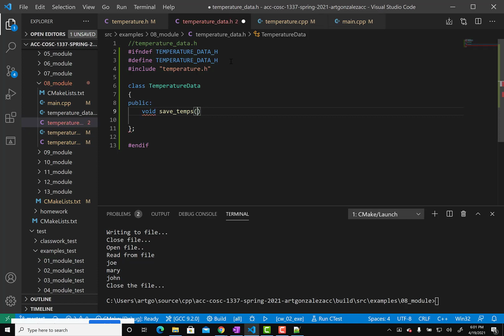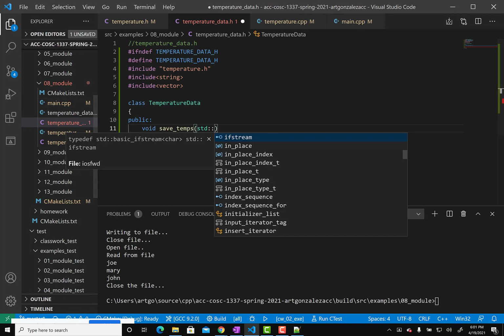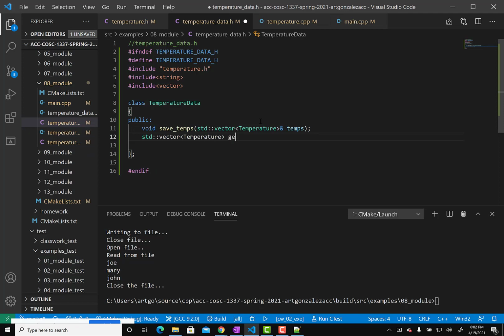And this one, since we will be using a vector, we need to make sure we include a vector here. And while I'm at it, we will also use string. So let me go ahead and add string. And here we'll say a vector of what? Vector of temperature, reference temps. And then we say, okay, I want to return a vector of temperature objects, and we'll say get